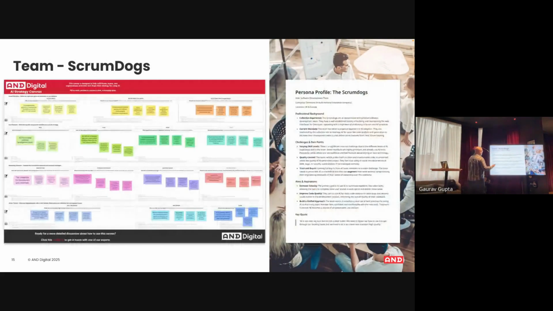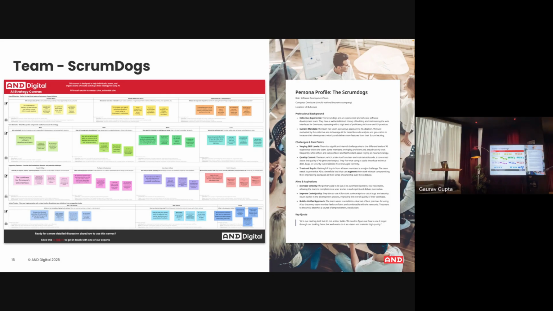The next example is the Scrum Dogs. The Scrum Dogs is a software engineering team who works for the same company as Helen. Helen works for an insurance company, and this is a web development team who works there. The reason they're called the Scrum Dogs is because I've worked with 4 different teams at 4 different companies called Scrum Dogs because they all thought it was funny. That's why my generic team for an agile Scrum team is always called the Scrum Dogs.